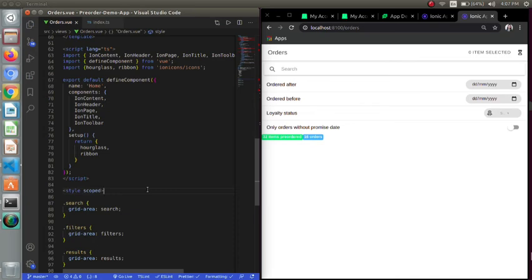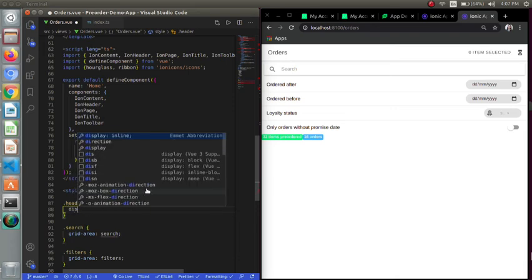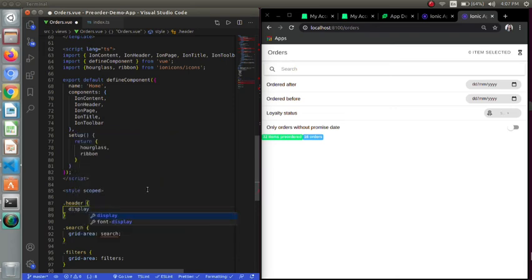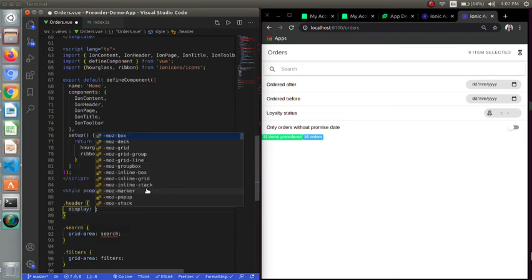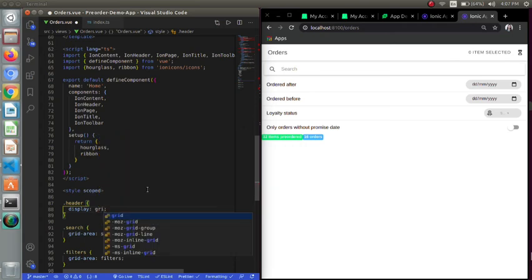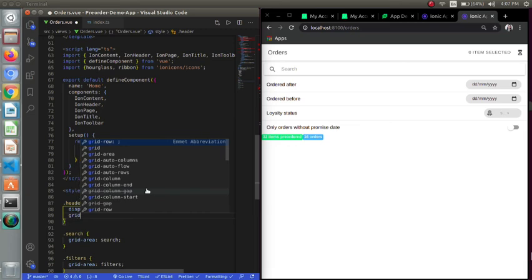Now we will go to the header class and write its grid property over there. Firstly, to display them in grid, we will write the display grid property. After this, we will define our grid.